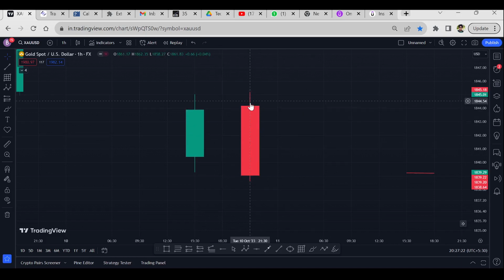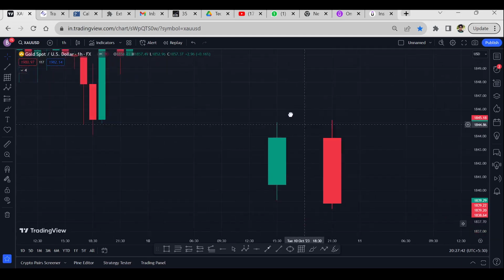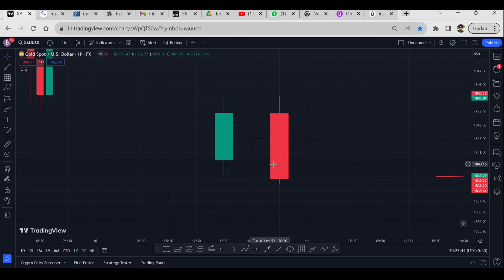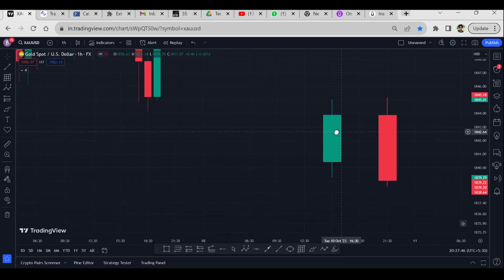In textbooks or somewhere you can see it like this, but basically it won't happen unless the price opens with a gap up or something. There is a rule for the open, high, low, close of candles. Open here, close here, high here. When the next candle opens, it will open here only. So basically it will happen like that only. So this is a bearish engulfing pattern. If the same thing happens in reverse,